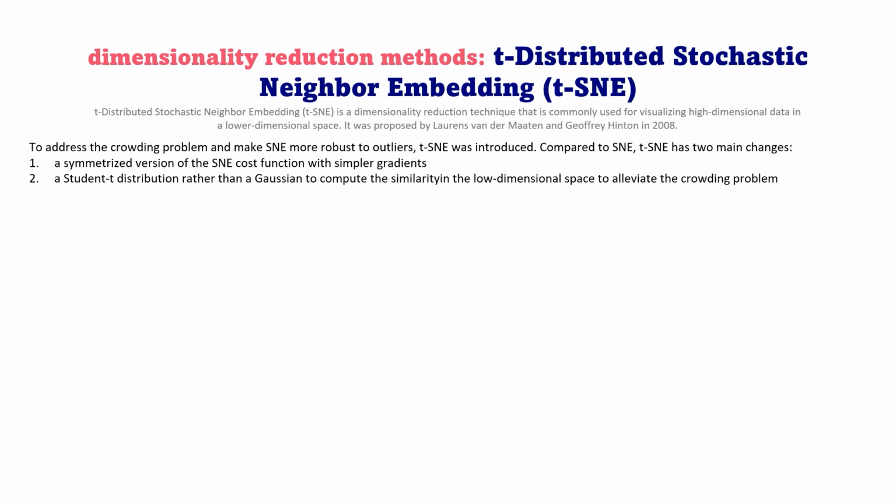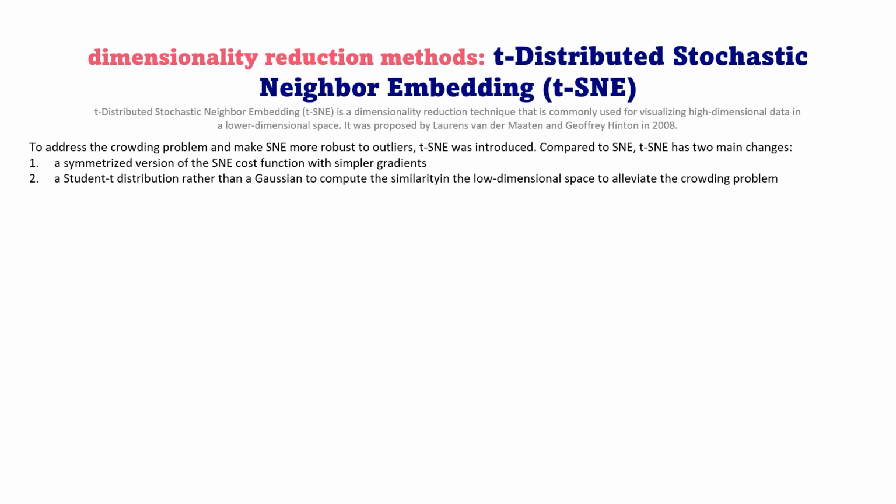So notice that in SNE, that is stochastic neighbor embedding, p sub ij is not necessarily equal to p sub ji, because tau sub ij is not necessarily equal to tau sub ji. So this makes SNE prone to outliers, because an outlier x sub i would have very small p sub ji for all other points, and so its embedded location becomes irrelevant. So thus in t-SNE, that is t-distributed stochastic neighbor embedding,